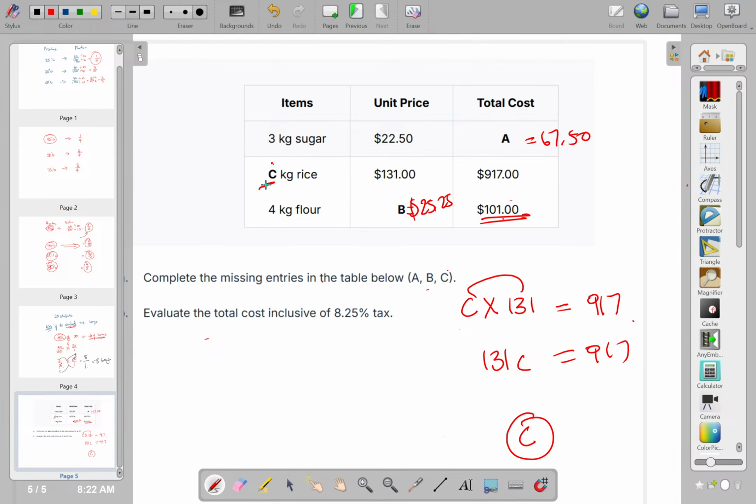C represents the number of kilograms of rice. What do I have to do then? I solve an equation here. So I have to remove the 131. What is the 131 doing with the C? It's multiplying. How do I remove it? You do the opposite, you divide. What you do to this side, you have to do to that side. So the number of kilograms of rice is going to be 917